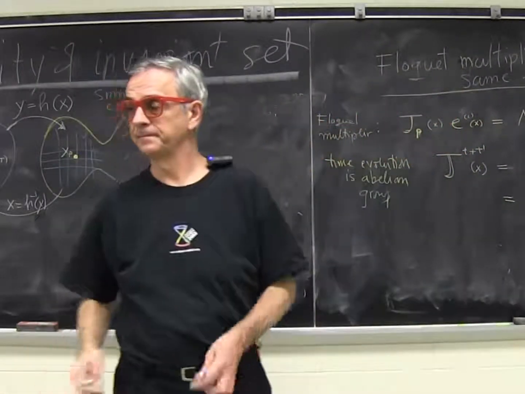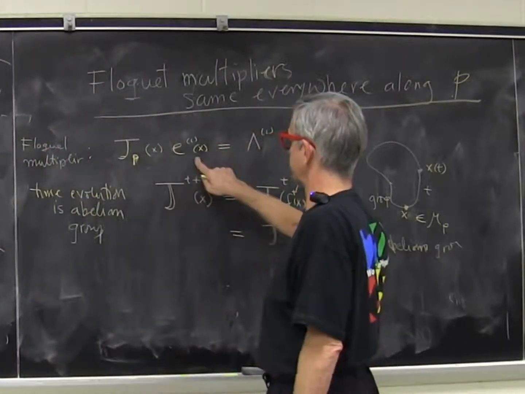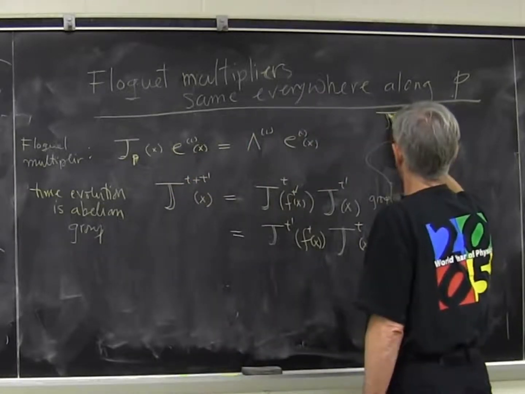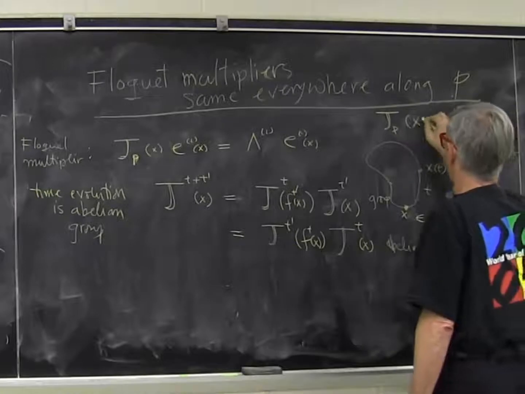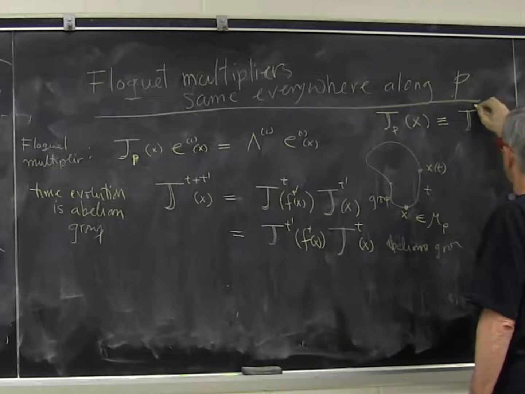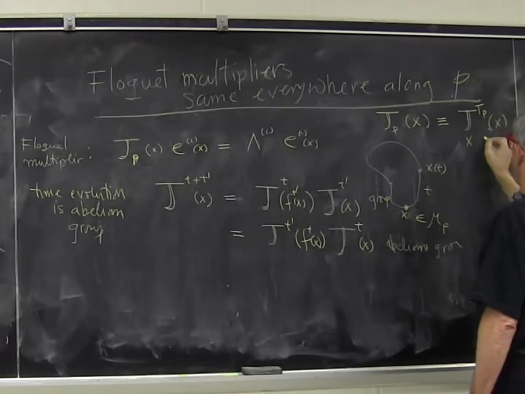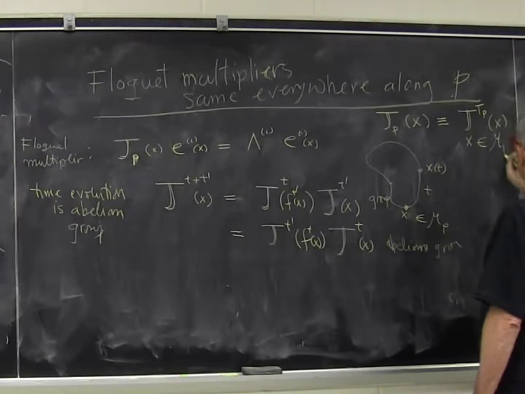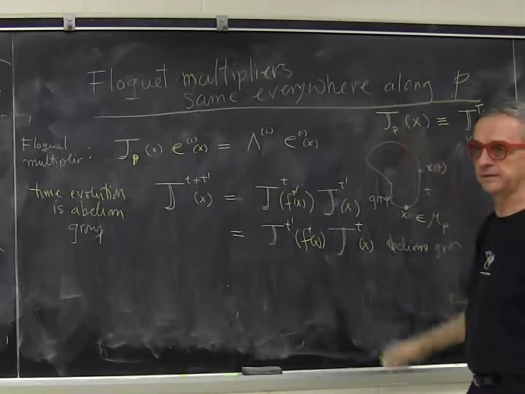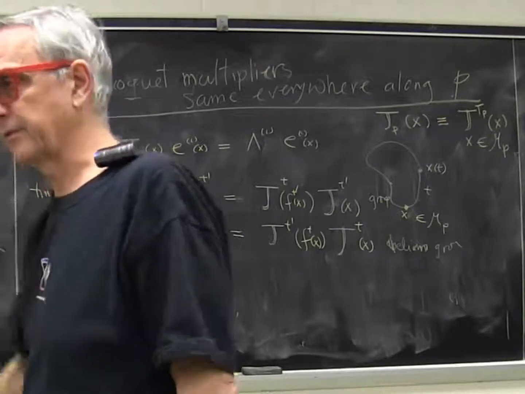Yes, in the first line, the Floquet multiplier should have the superscript for the period. Yeah, I'm using a shorthand notation. I'm defining the particular Jacobian where I go the full period around for x, for any point in the cycle. Instead of writing it upstairs, I just write it with a label there. Because it happens so often, it's convenient. It's a kind of central object of the theory.